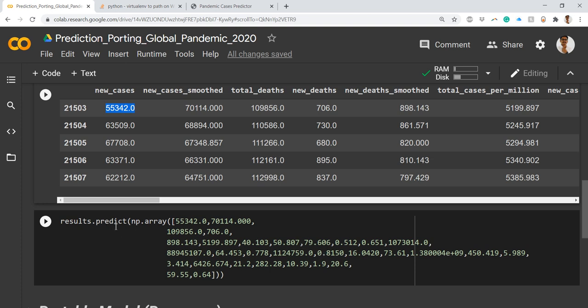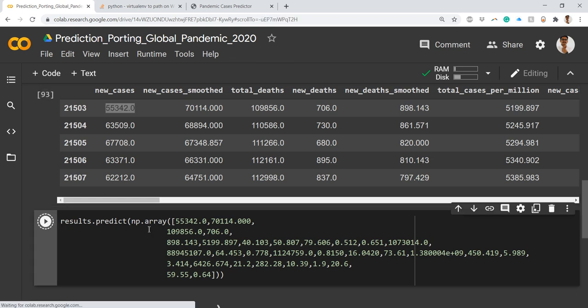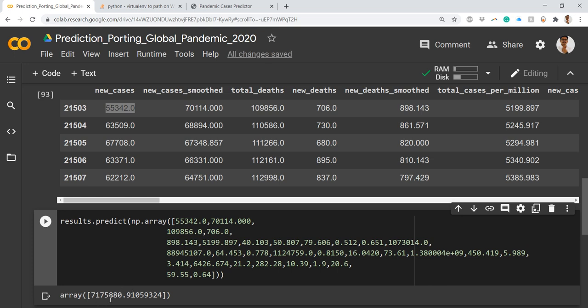So if I try to predict this, that is results.predict, it will give an array. So it contains some values, 7175880 point something, that is on the floating side. So what you give as input, that is an array, and you get back an array.